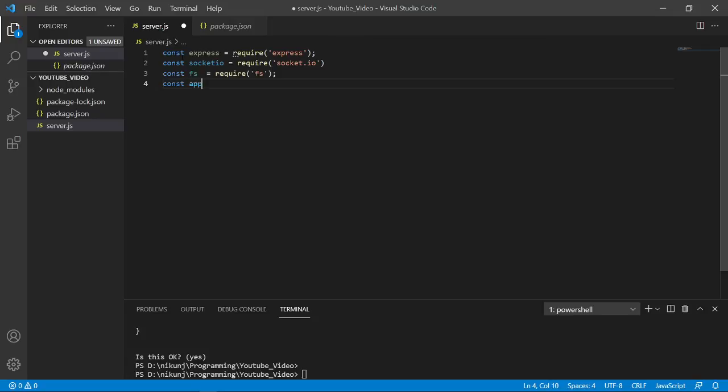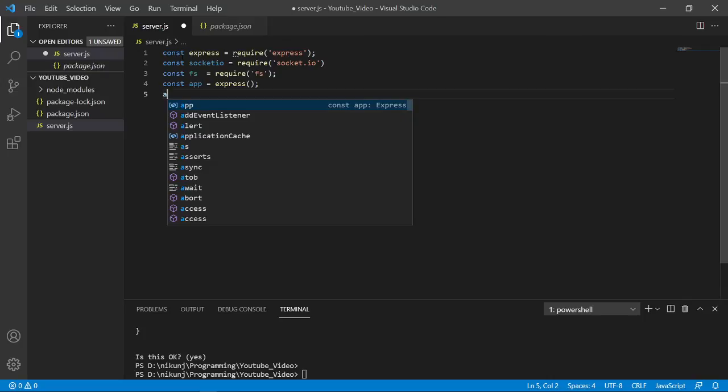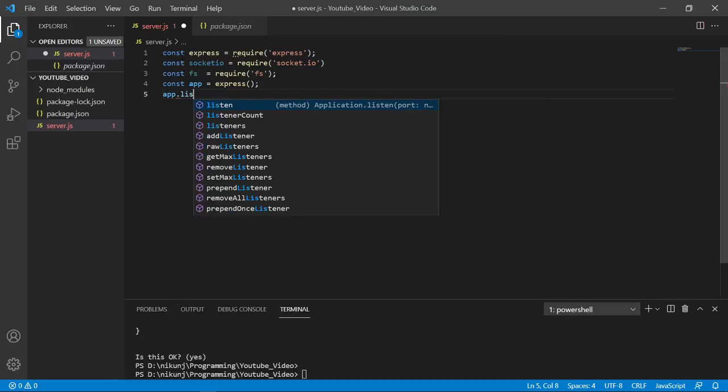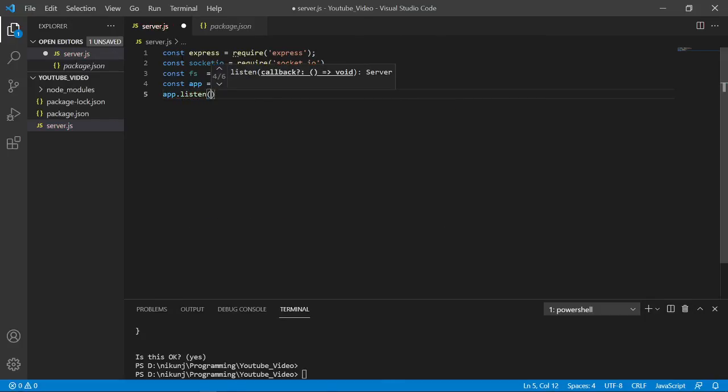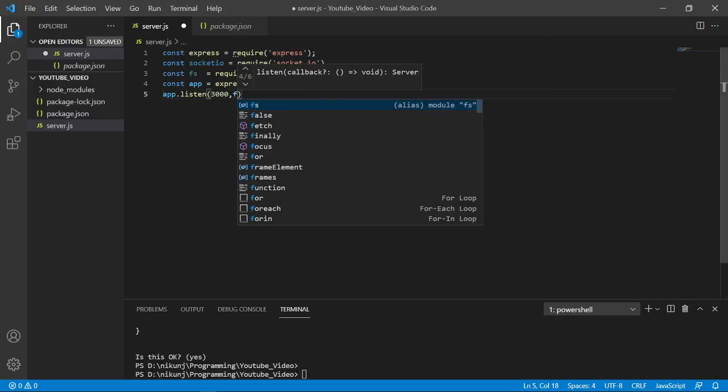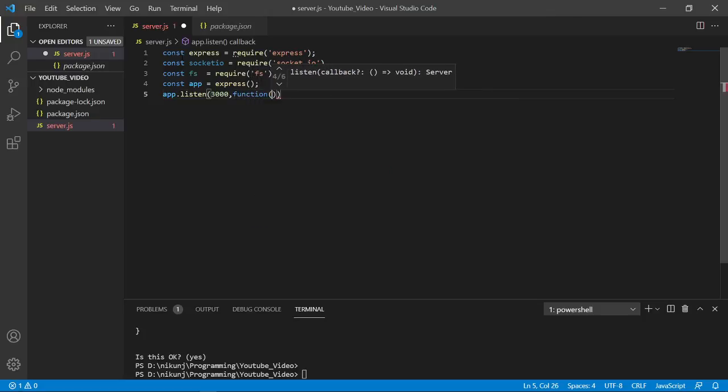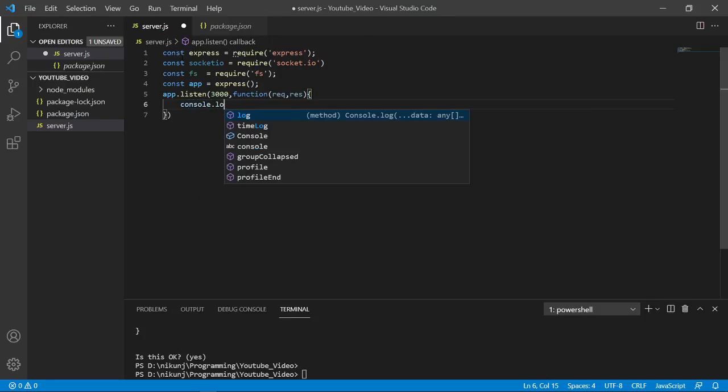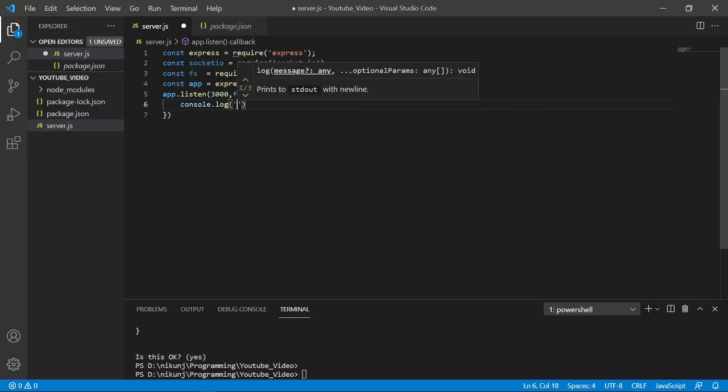So we will create a variable called app. Now we will listen on one port, that is 3000, and then we will pass a function through it and print listening on port 3000.